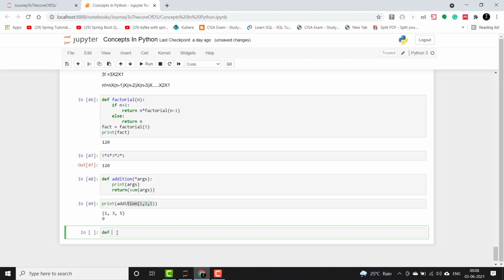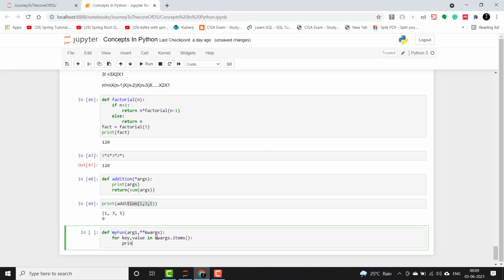So I will create the function def my_fun. Let's say this is the function name, and it has one normal argument called arg1, and it has kwargs also. Then I will iterate it. For key, value, it's just like a dictionary actually, so you can do the same thing here as well, and I will say kwargs.items().